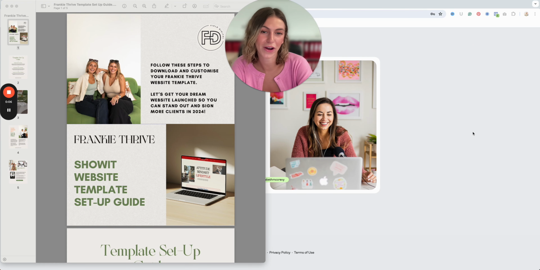I'm Flo, one of the co-founders of Field Digital, and today I'm going to take you through how to install one of our website templates and get it all set up, ready to go with your colours, fonts, images and branding. So, to start off with, you'll need to go to your Showit website template setup guide that we will